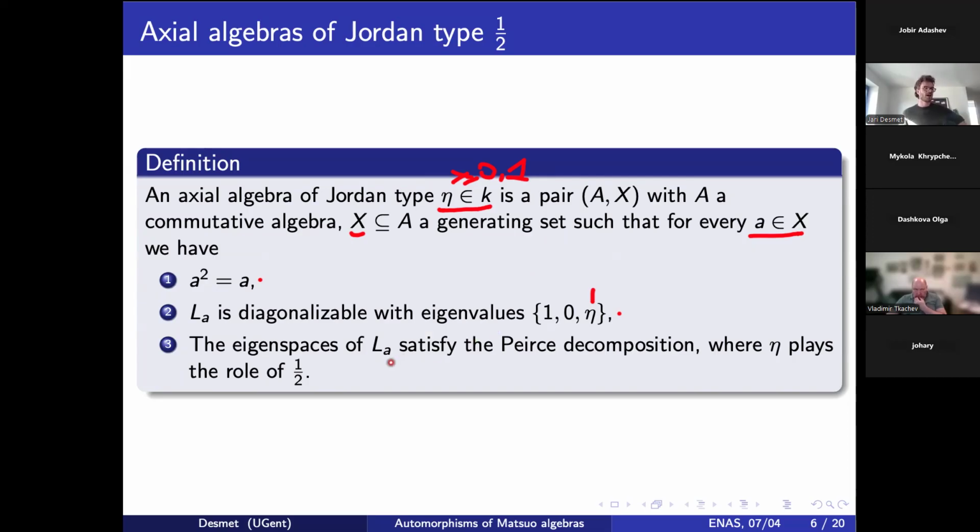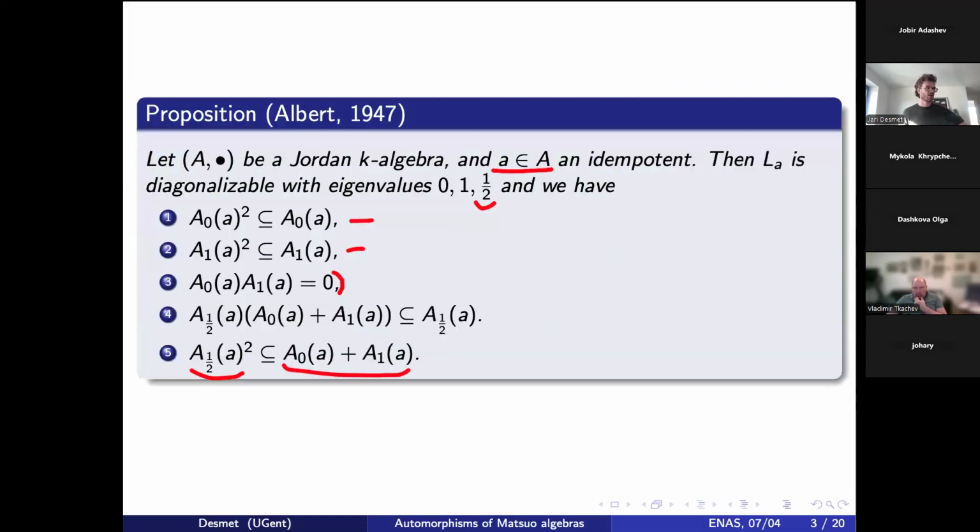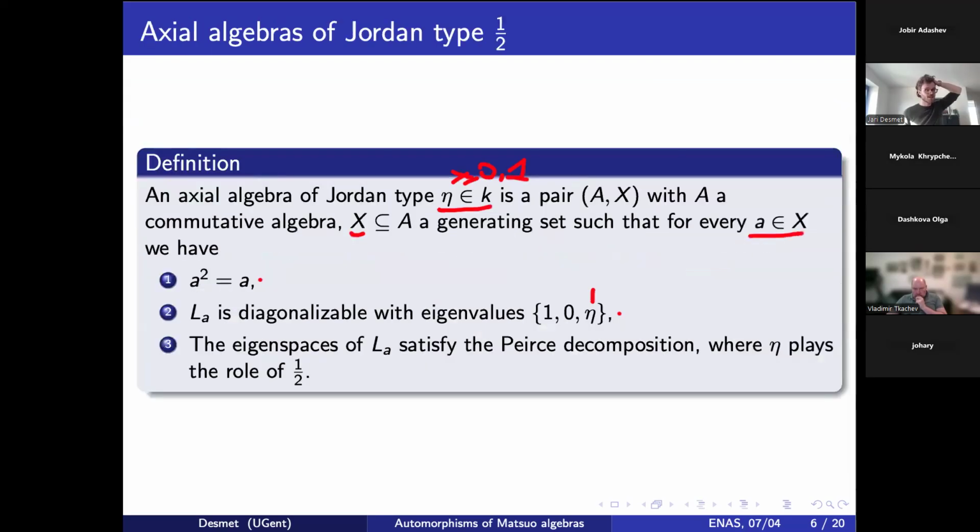And the eigenspaces of LA satisfy the Peirce decomposition, where eta plays the role of 1/2. What I mean by that is essentially that if I take any A in X, then the eta eigenspace, so A eta, times A1 plus A0 will have to be contained in A eta, right? Essentially, you can see that this is just saying, as an axiom, I require that I have a